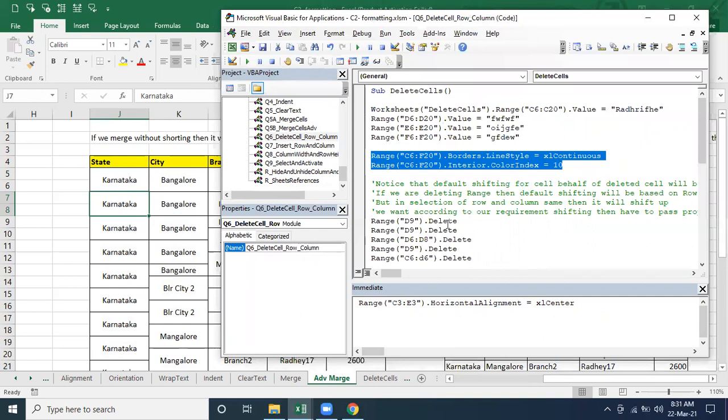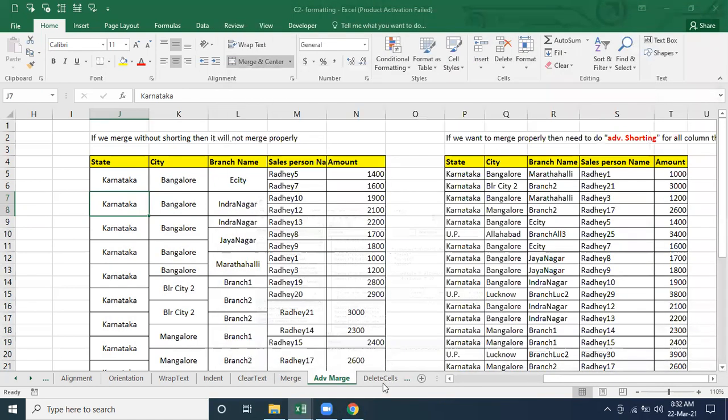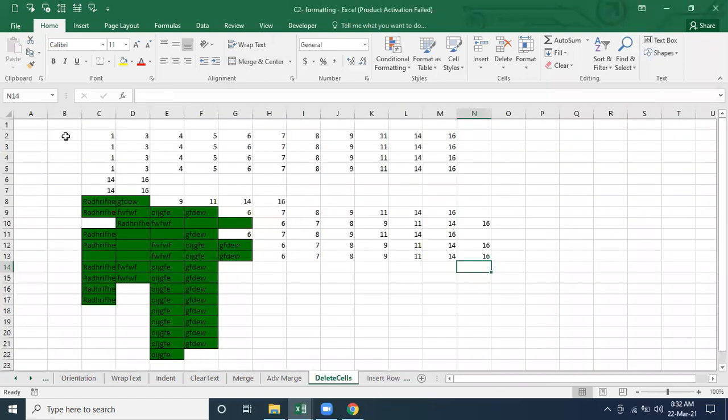Okay. And now the next one is what? How are we going to delete? So I'm going to delete what? This is the delete links. Just going to delete what? D9. Is that the cell or what? I mean, you have a different reference cell, right? You have a different sheet, right?